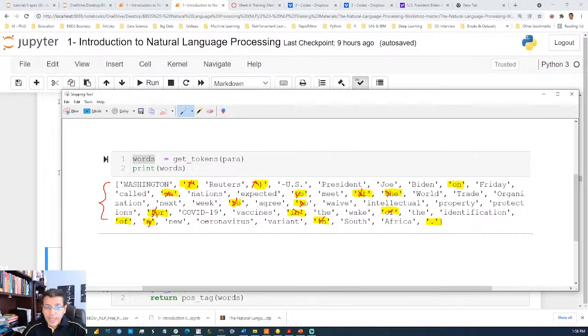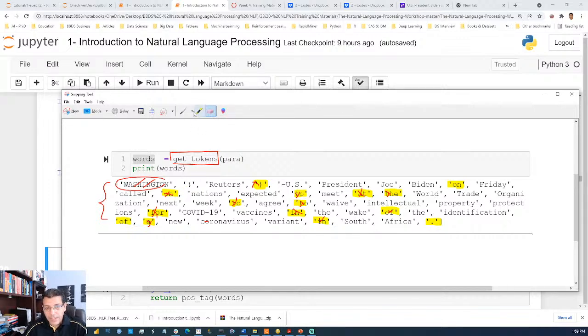Okay, so to do that, the first thing we've got to do here is tokenize the paragraph. We need to split the paragraph into single words. The process is going to compare each token of the paragraph, Washington for example, to the list of stop words. If Washington is in that list, remove it, otherwise keep it. And it's going to compare